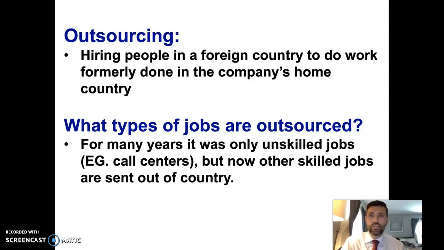Anyhow, for a lot of years, low-skilled jobs were outsourced. If you've interfaced with a large company over the phone, you may have been connected to a call center where you couldn't quite place the accent of the person answering the phone. Those are typically around the world in other countries, though high-tech tools are allowing the outsourcing of many other types of labor that would otherwise not have been outsourced. A virtual doctor's visit, for example, might be something that is outsourced to a foreign country in the future.